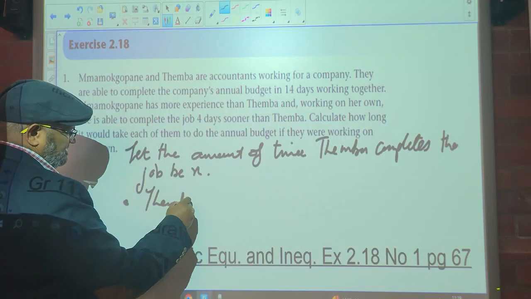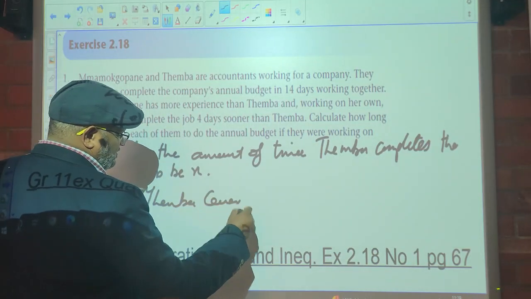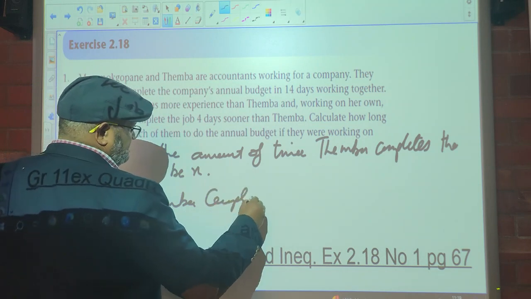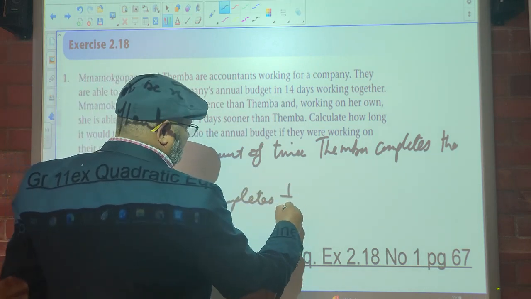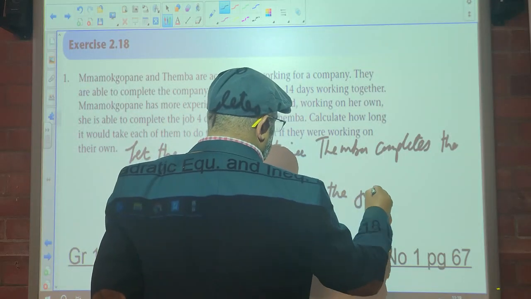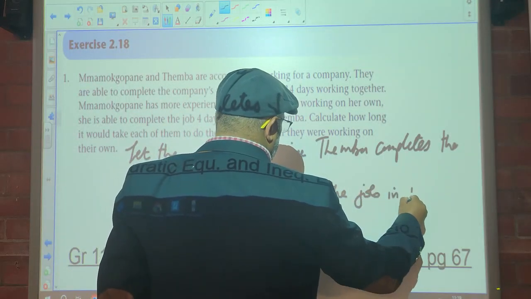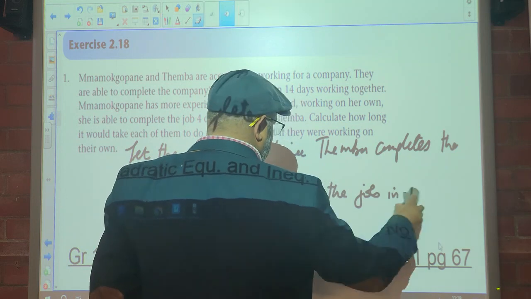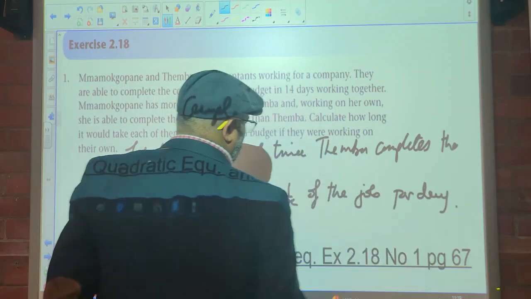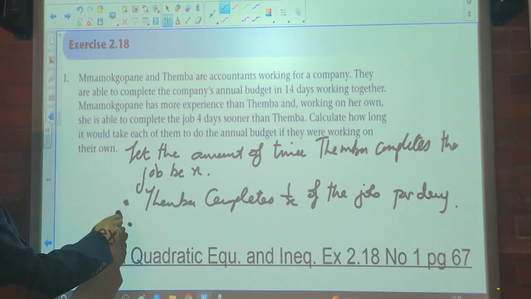Temba covers or completes 1 over x of the job in 1 day or per day. Not so. Now remember that